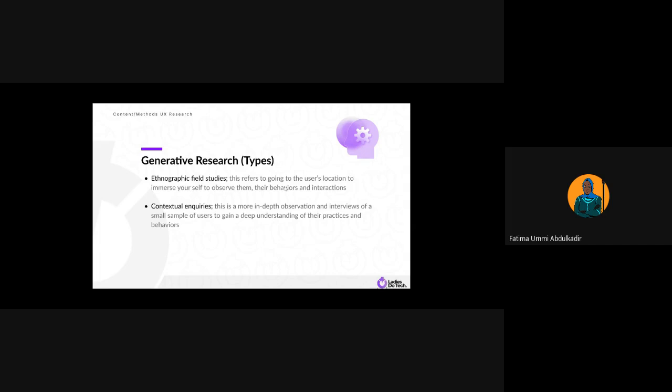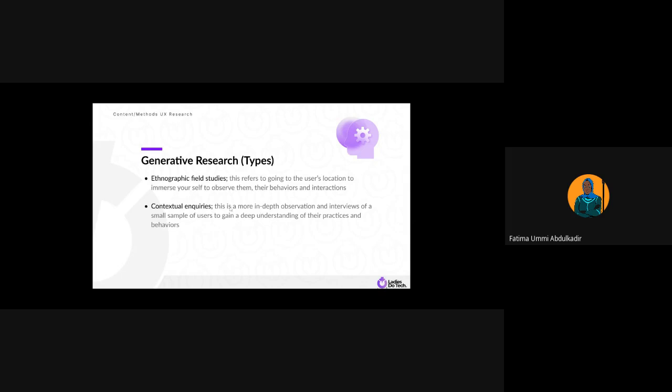You do this so that you will be able to know their major problems, be able to differentiate between their wants and their needs, or differentiate between what they are saying and what they're actually doing, because you are there observing them, feeling the pains they are feeling, and you're actually in their space. You will be able to see how they are thinking and all of those things.